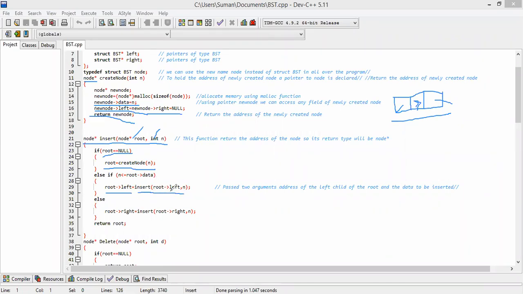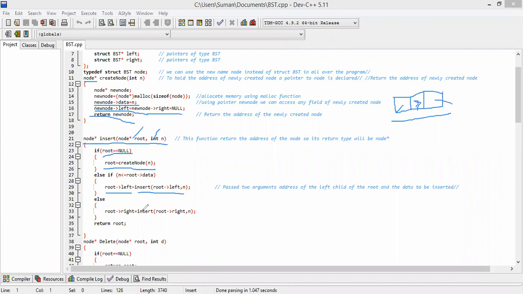It means the insert method will be called with two arguments, the address of the left child of the root and the data to be inserted.